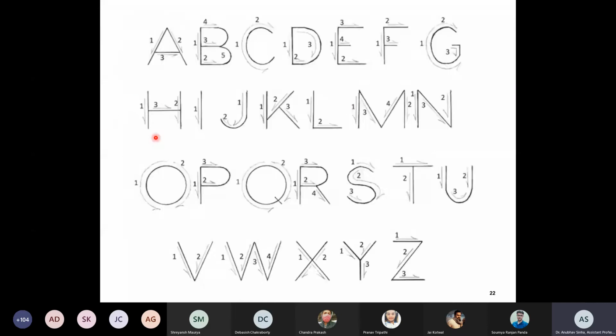That is the idea. There are different prescribed ways. For example, you can write A with a first stroke, second stroke, and third stroke. Just to make it uniform and clearly readable, that is the idea of using these guides. It is not a hard and fast rule, but this is a suggested way to write these letters.